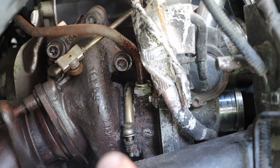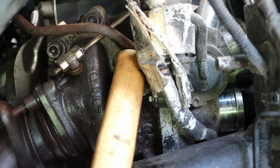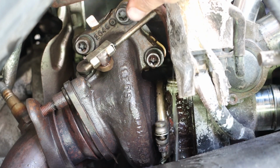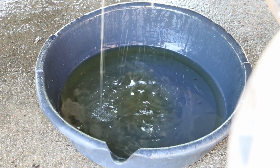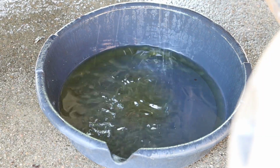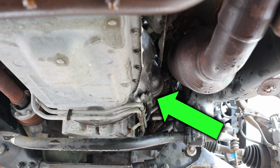We then need to work the coolant line free. We want to be very gentle and use light persuasion. You will want a drip pan because the remaining coolant will drain out. Our next objective is to move the starter out of the way so we can get access to two additional